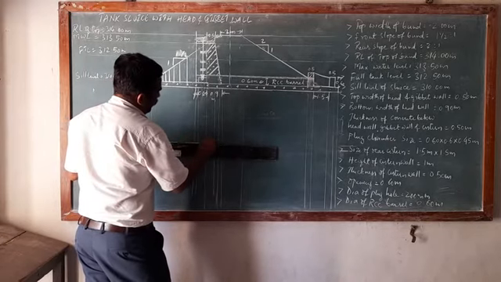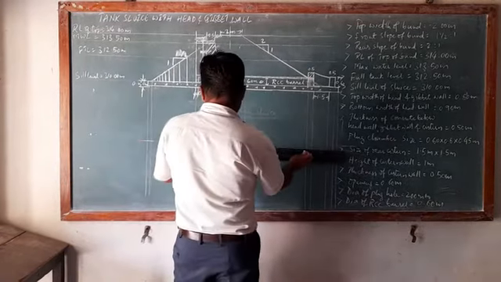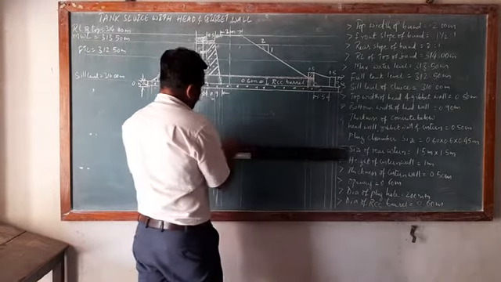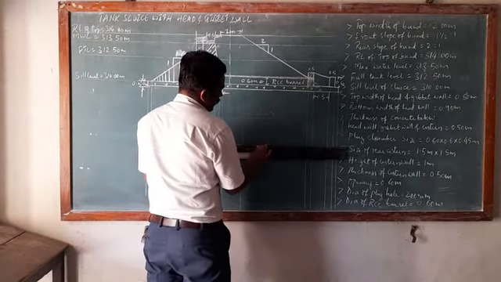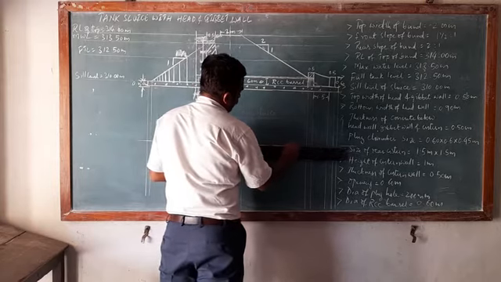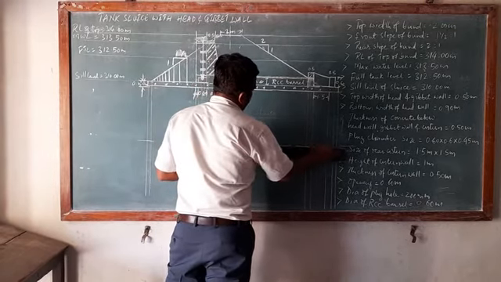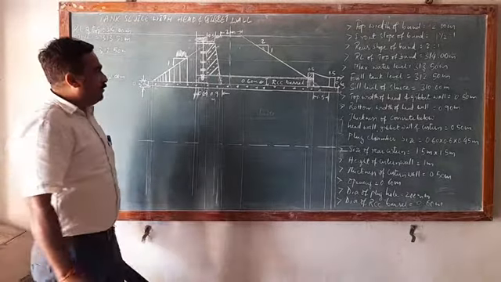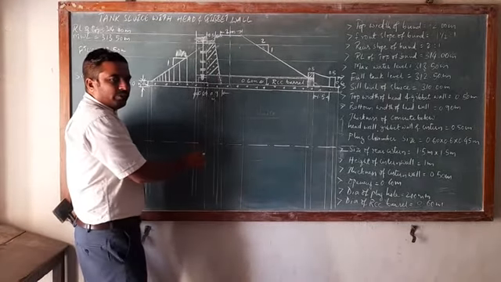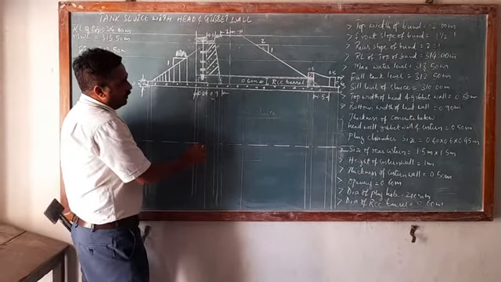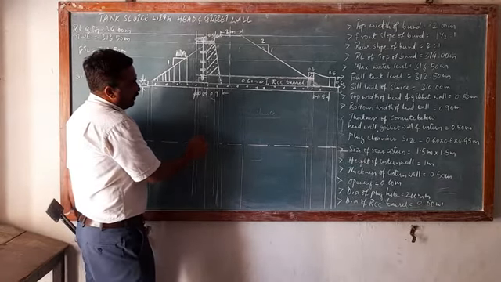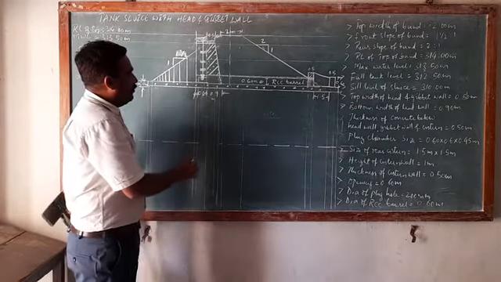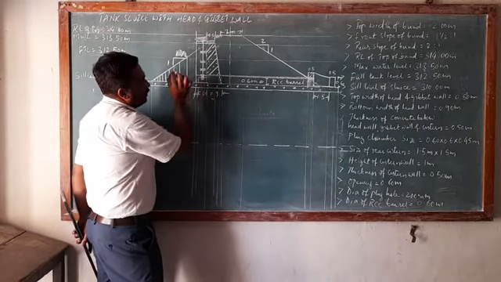After taking the projections, just mark one center line, so that on the top of this line we are going to draw the plan at the top, and below this line we are going to draw the plan at bottom. It would be very easy for us to draw if we start the figure from the plug chamber.